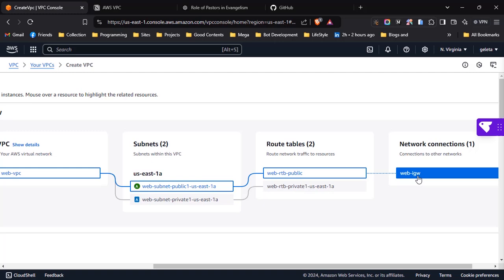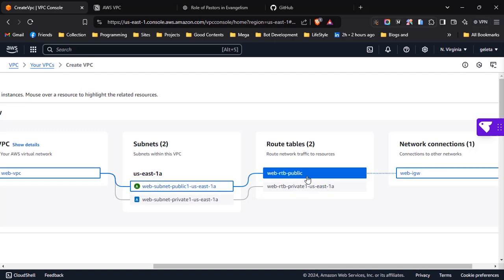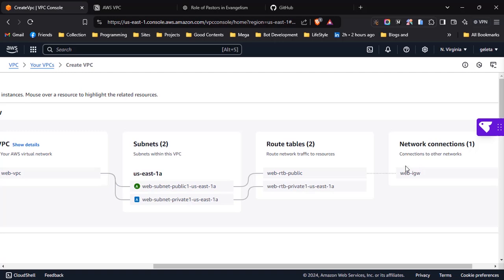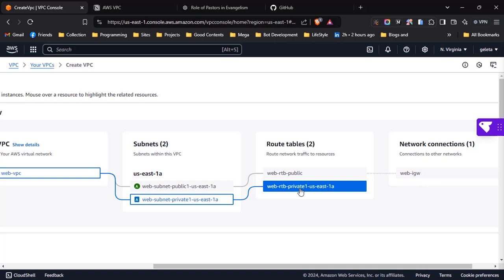So we will handle all this using the route table. And the other thing is associating subnets with the route table. As you can see, for example, here, the public subnet is associated with the web route table public. Then this web route table public is associated with what? The internet gateway. So basically, this public subnet, through the public route table, will have access to the internet. Because of what? This route table is associated with the internet gateway. As we have said earlier, if the private subnet wanted to have access to the internet,